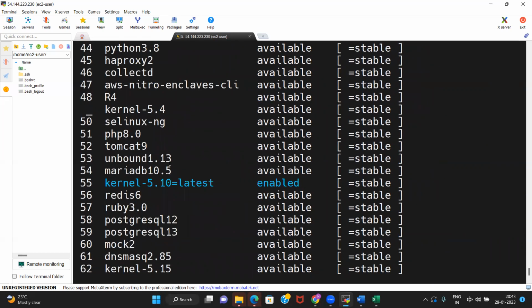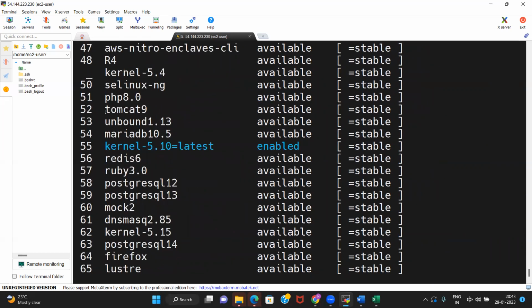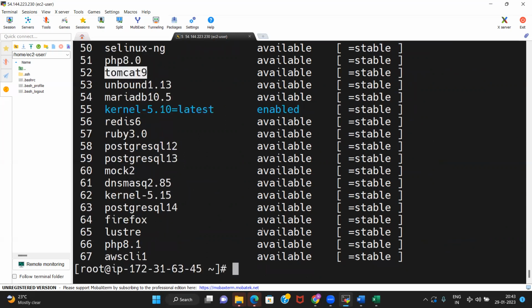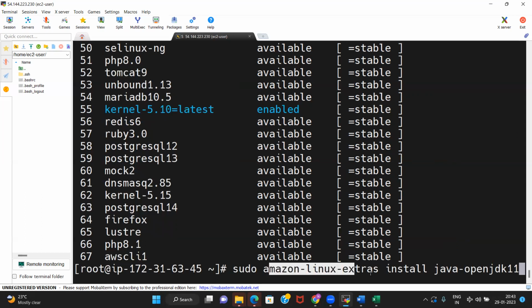As for example, you need to install, say, Tomcat. So Amazon Linux extras like this, right? Like this. You don't need sudo even because you are a root user. So Amazon Linux extras install and then.